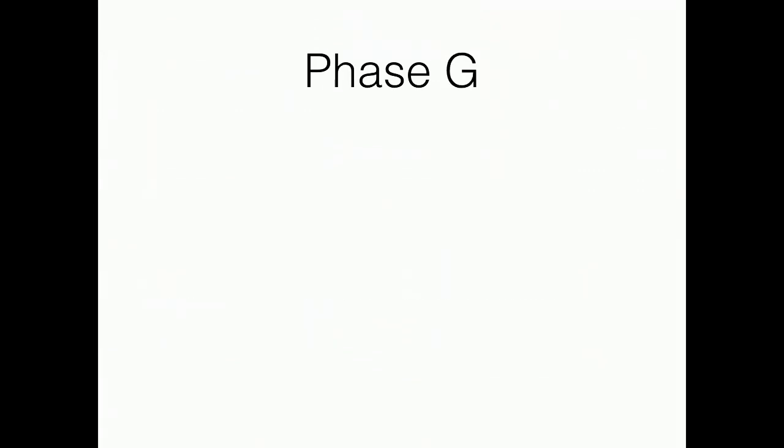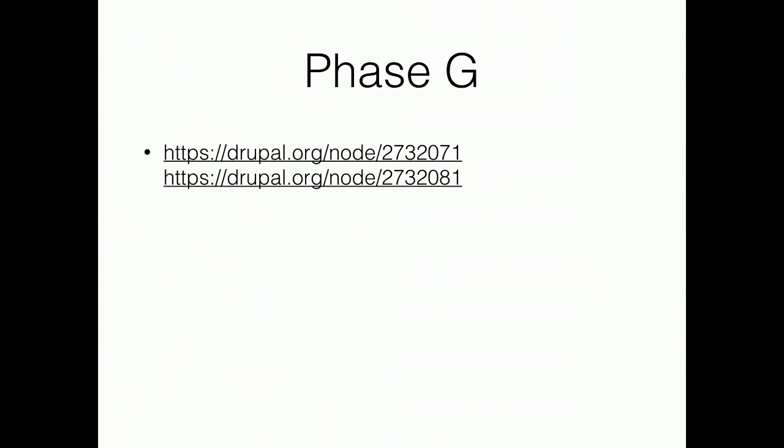Again, jumping ahead a few steps. Phase G is currently where we're at the moment. We've jumped from C to G. It doesn't really make sense, but anyway, hear me out. This phase will be all about introducing what we're most excited about: enabling full site preview, and we'll do this with the Workspace module.